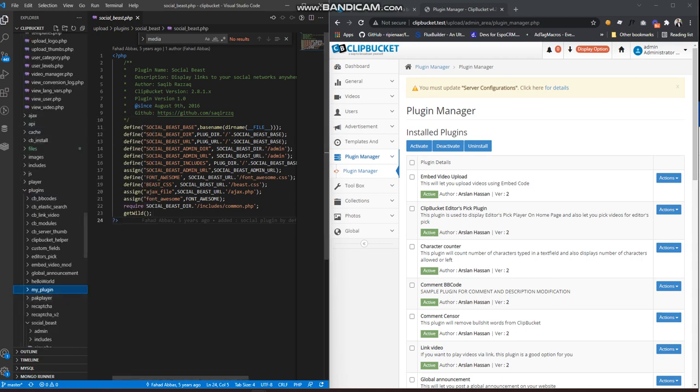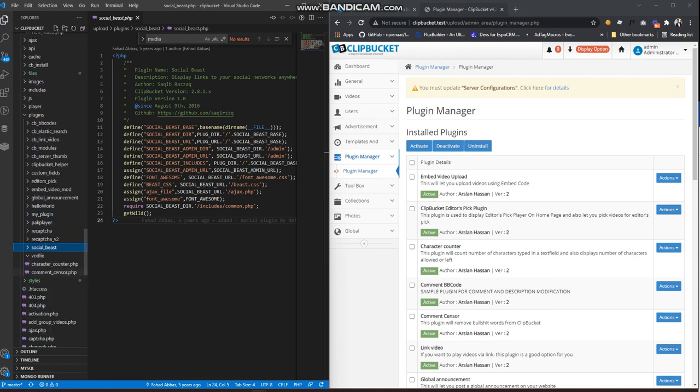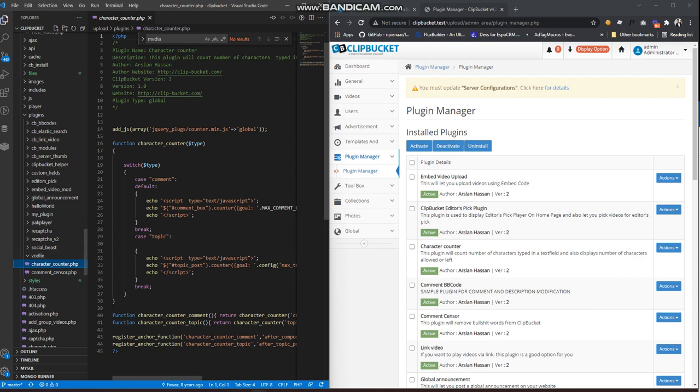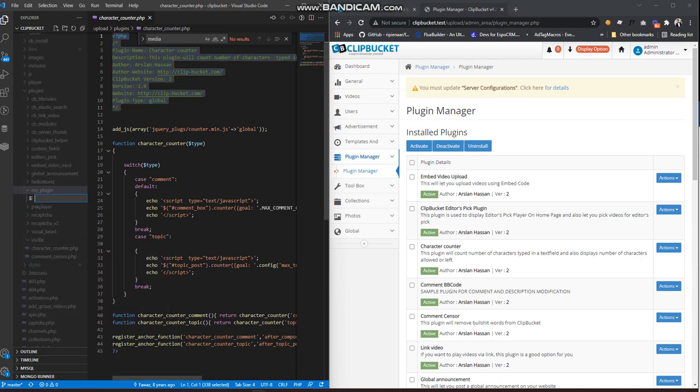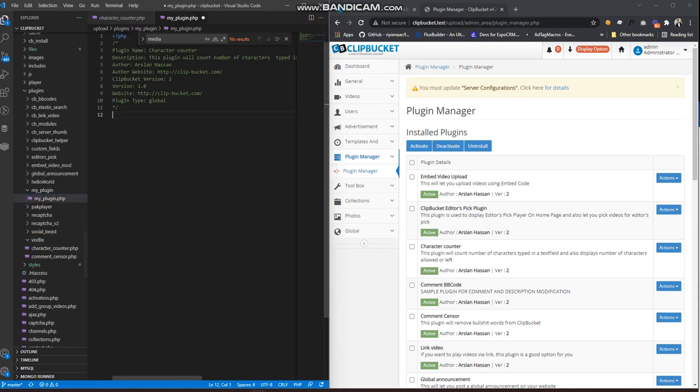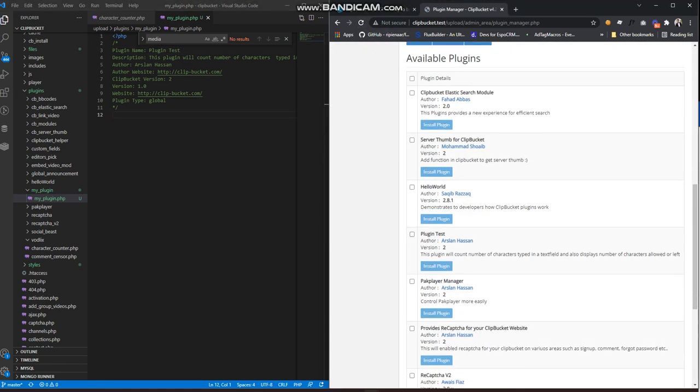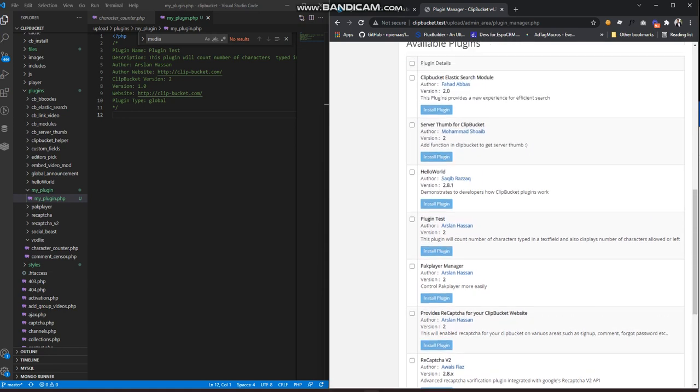And the good thing is you can even create a simple file for the plugin. You don't even have to create a folder. So just like this one, I'm gonna copy this code and paste it here. I'm gonna call it my_plugin.php, with a plugin test echo. All right, so once I do this, you'll see my plugin will